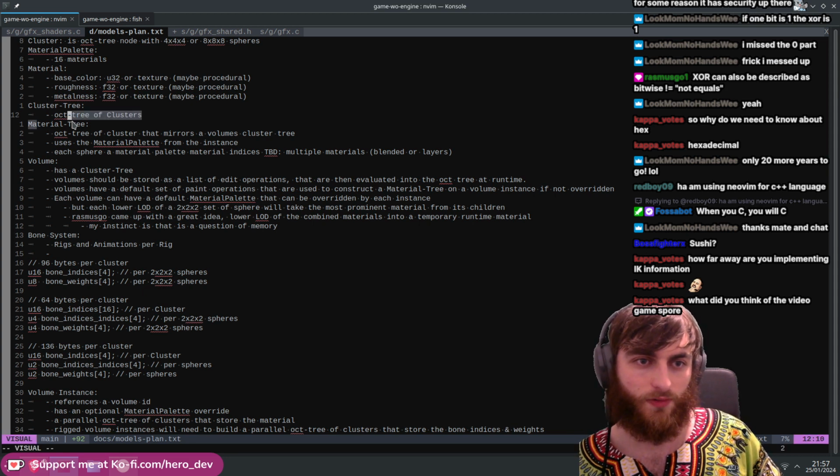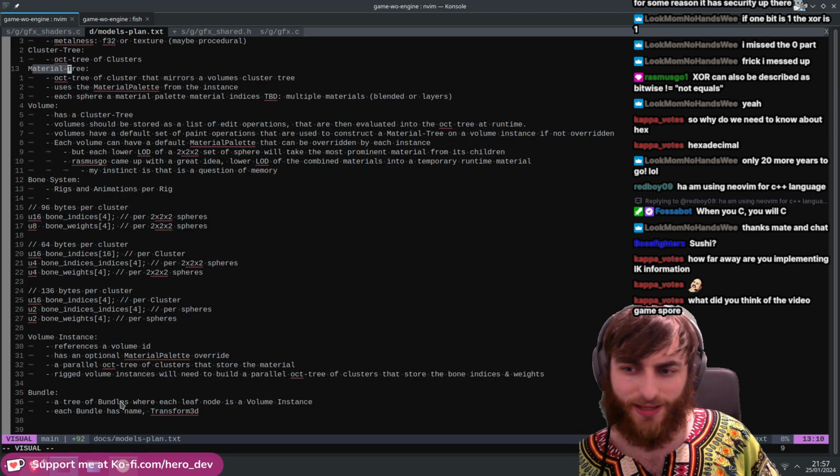So yeah, we have this material tree. So per instance,